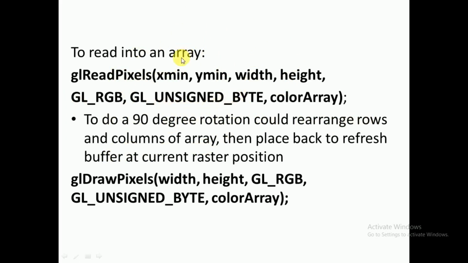then in that array you exchange the rows and columns. Then reverse rows and columns, that has to be done. That's why you first read the pixels into an array, then use glDrawPixels to draw the pixels afterwards. First read, do all the exchanges, then draw. This rotates 90 degrees; whatever angle you want to rotate, you can rotate.